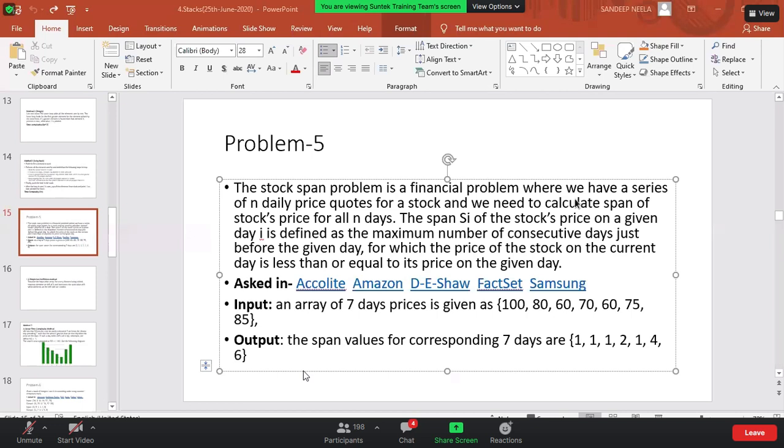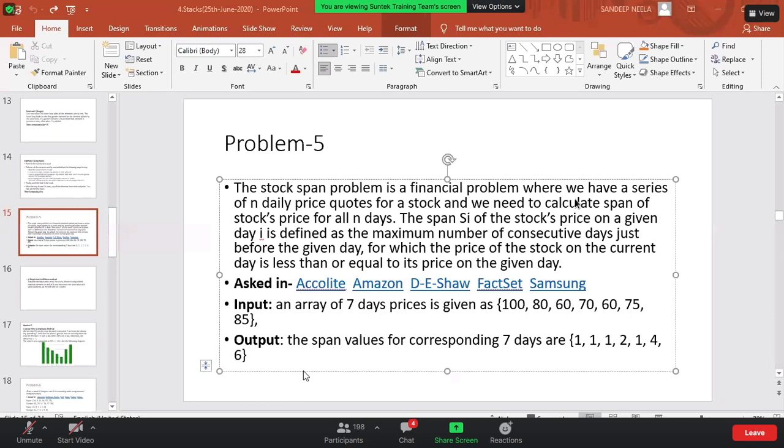Since there is only one element, we'll say count equal to 1. And next we'll take the second element here, 80, and we'll insert it into the stack. Okay. And we'll compare the top element with the rest of the stack. And if anything is less than the top element, we'll increase the count. Is it anything less than, or consecutive less than?